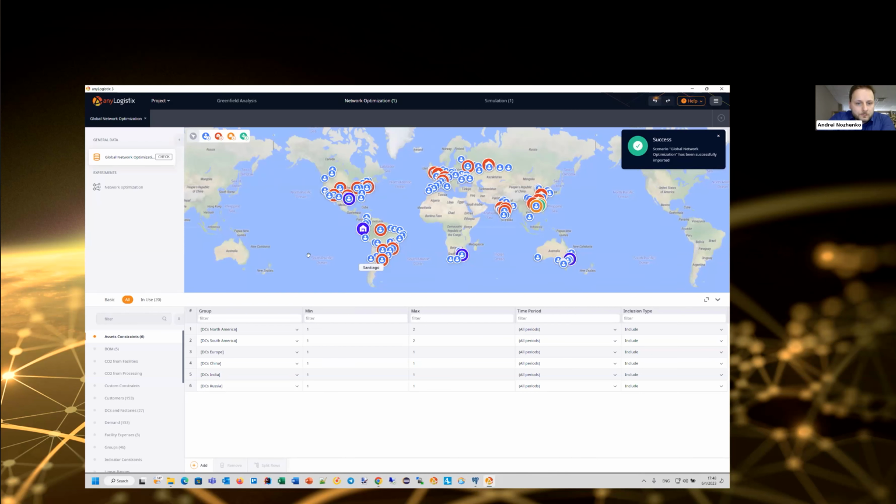And if for some reason I close all the scenarios here, I will see a view similar to the welcome screen. And also I'll see here a tab with the closed scenarios, where I will see all my available scenarios that I closed. Let me open this one again and